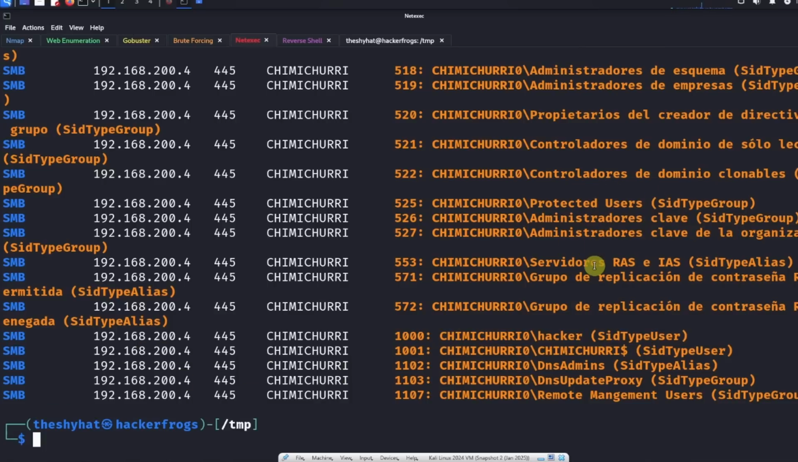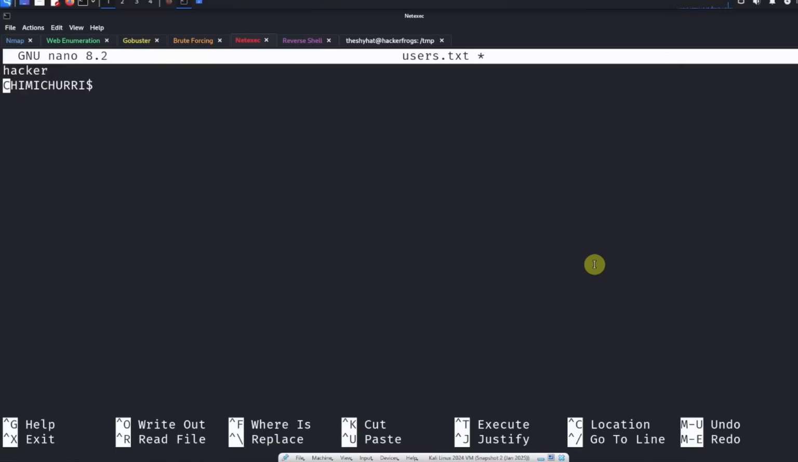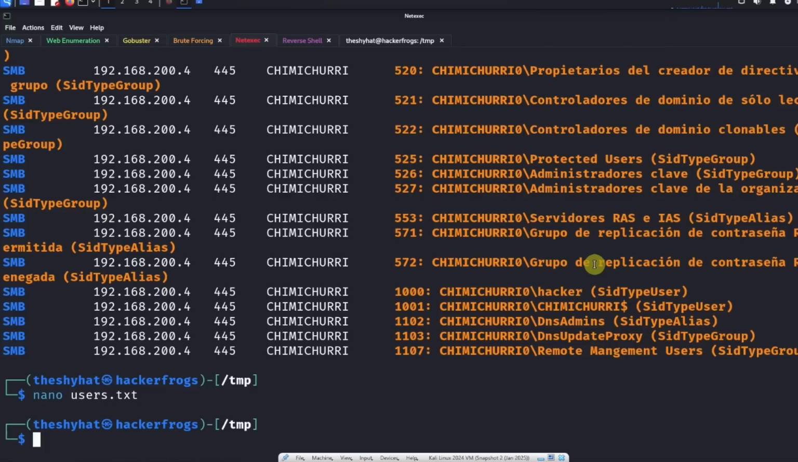So we can add this to a file called users.txt. Let's just create that using nano. And then we can, so there's hacker and there's Chimichurri. These are the two accounts that we know about. We're going to save this out. And then,